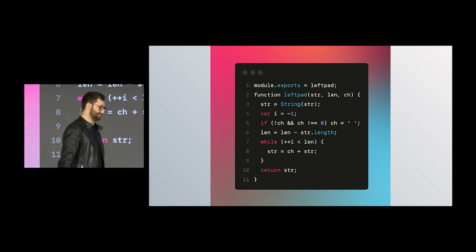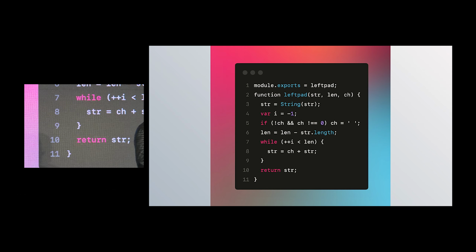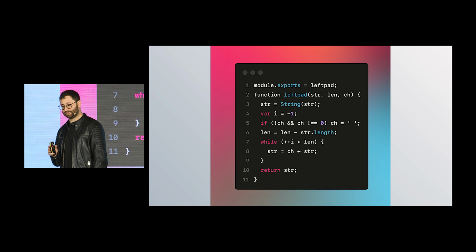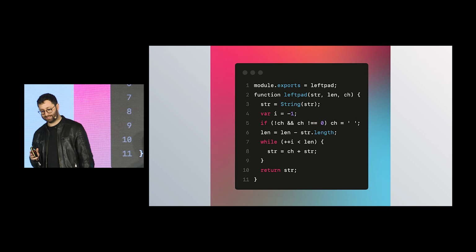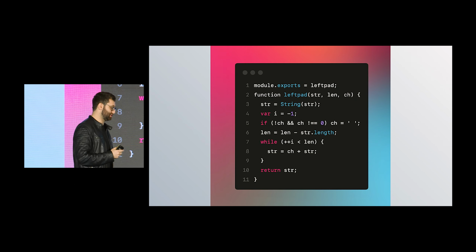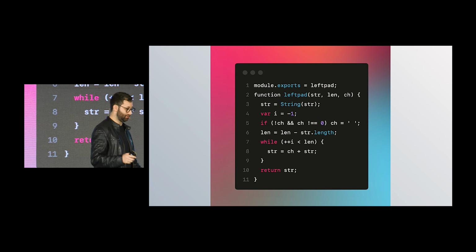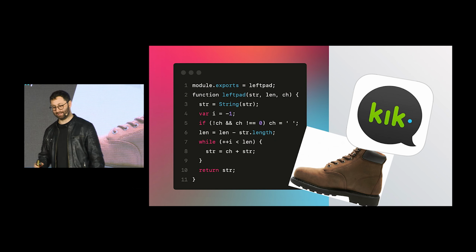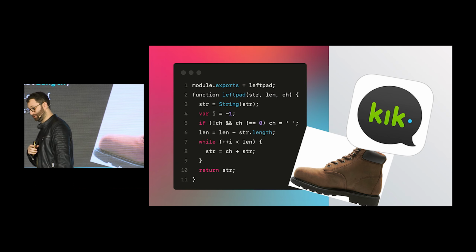But you get things like this. And for anyone familiar, this is a package called leftpad. And what leftpad does is literally exactly what's on the screen. This is the entire package. It basically pads a string. And so obviously, core piece of infrastructure that everyone needs as a dependency. That's a joke, by the way.